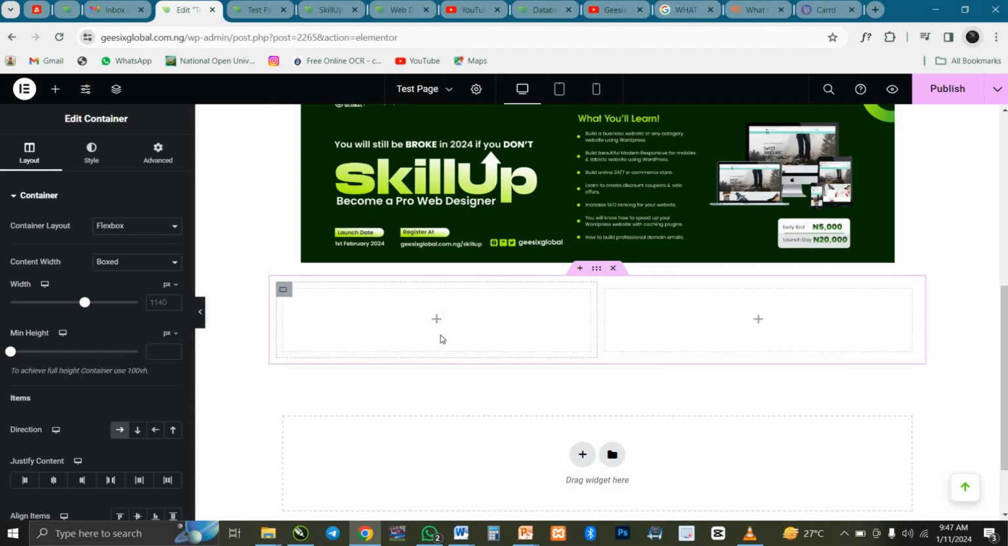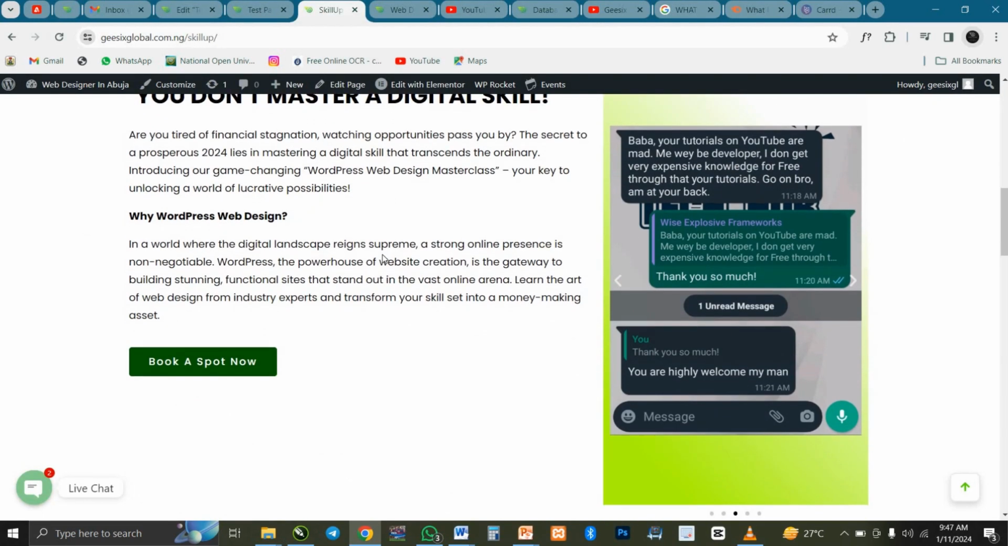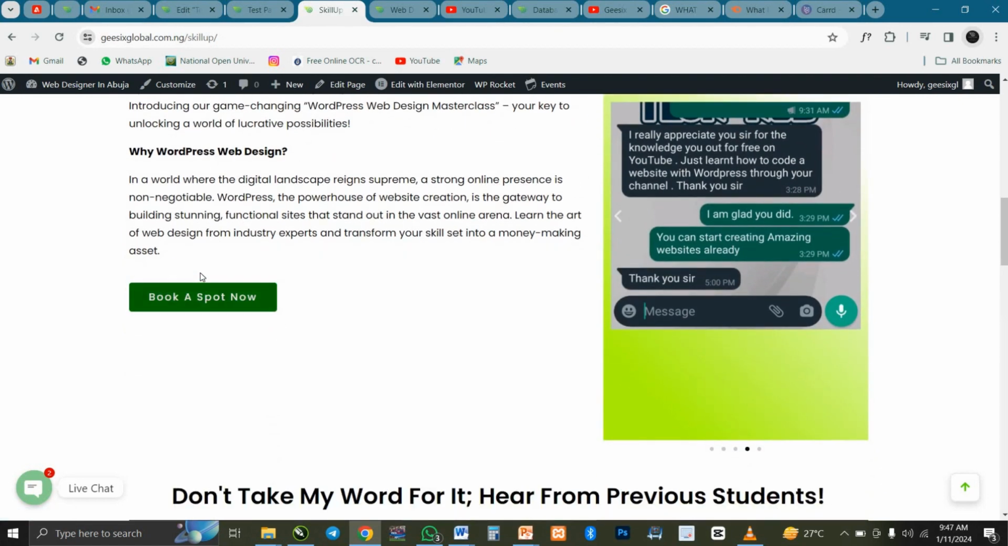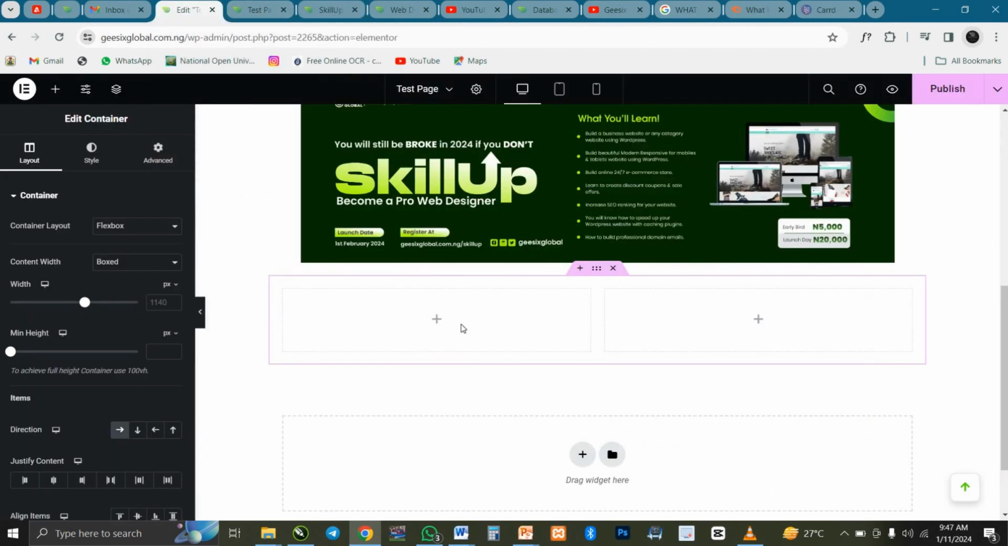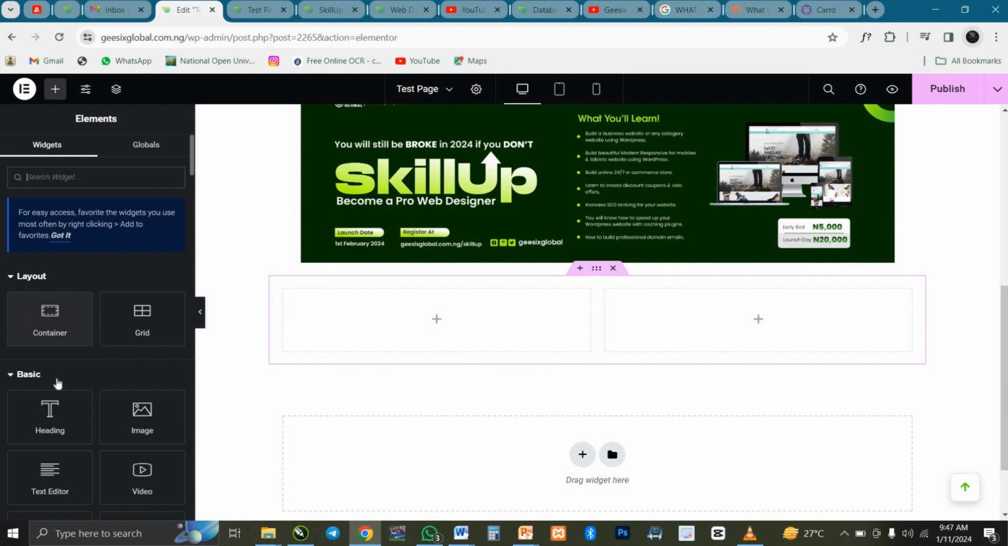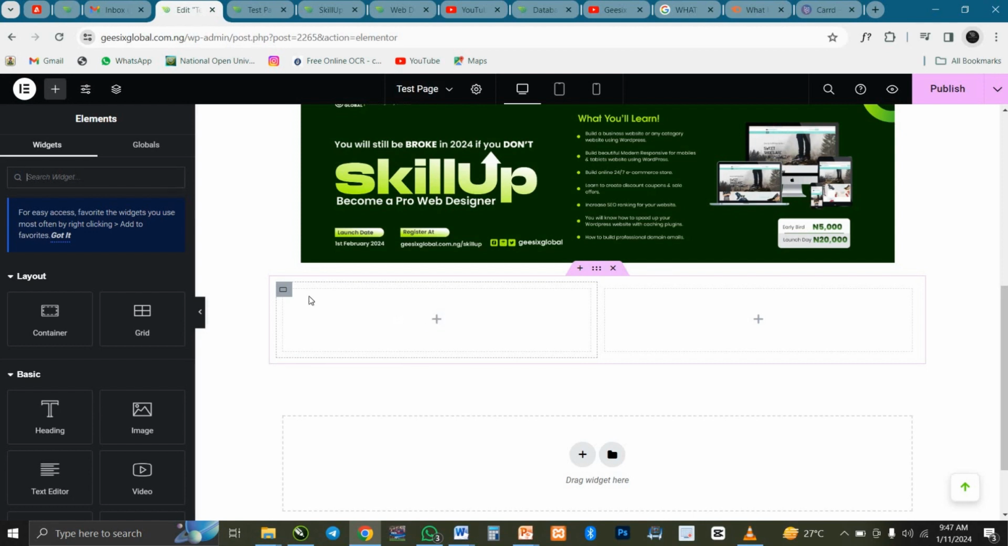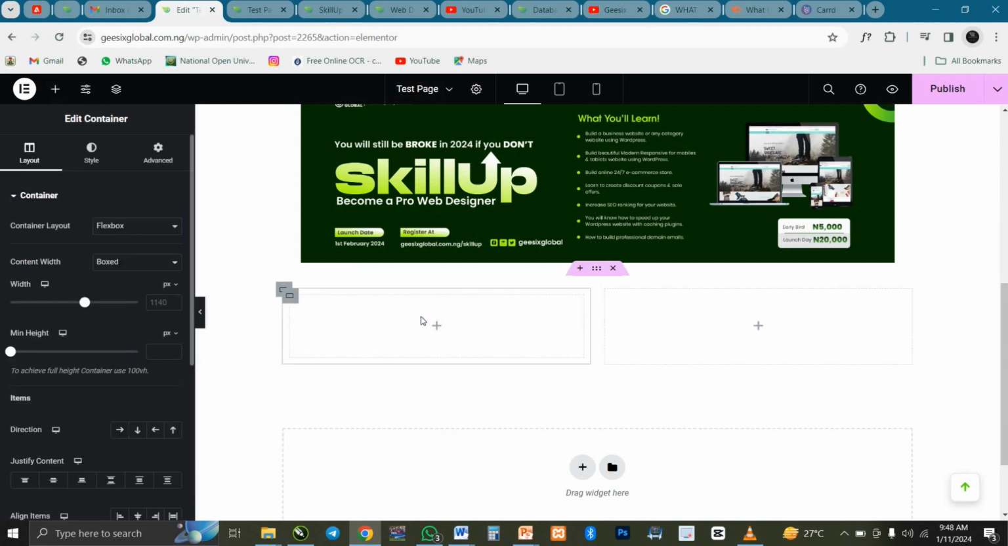So there's something you need to take note of when working on this section. If you come to this one here, you're going to see that this has a title, it has a body, and it has a button, right? So on this now, if I just click on this and drag in heading only, I will not have where to put my texts, right? So what is best to do is to click on this and drag in a container there. So with this container, you have the flexibility